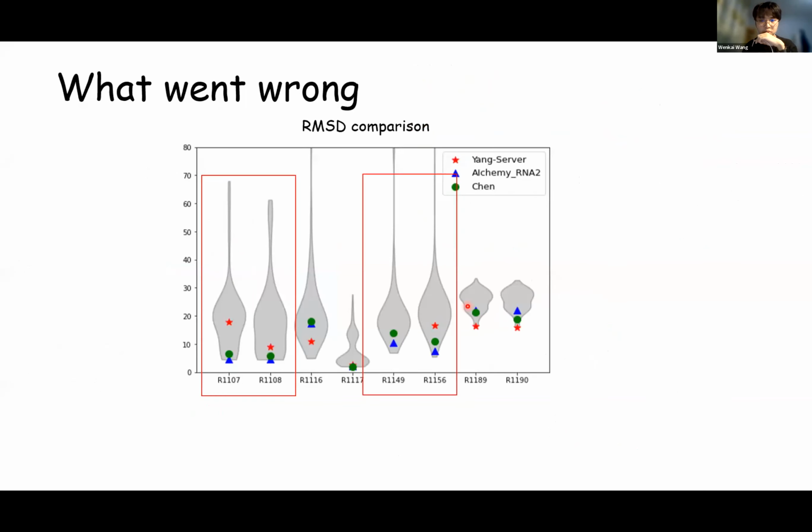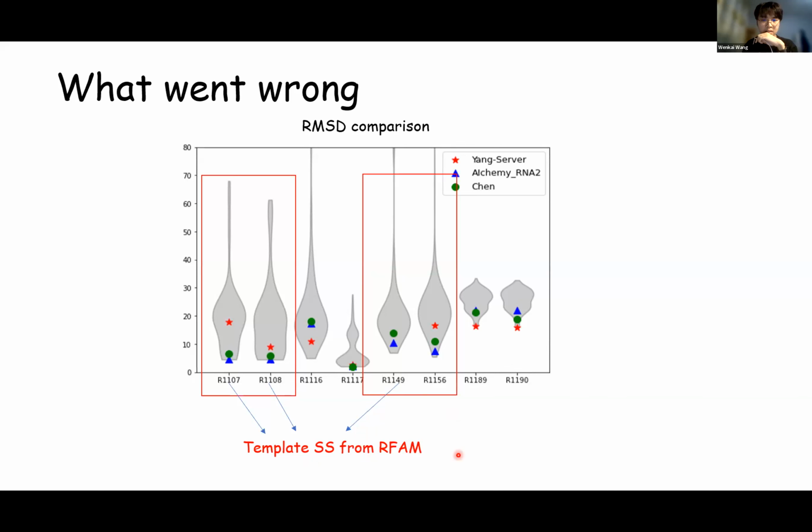There are 4 natural RNAs for which our server models are worse than the RNA2 models. We found that for 3 out of these 4 targets, the performance gap is mainly caused by the input secondary structure. As mentioned before, all our server models were generated using the secondary structure predicted by SPOT-RNA. However, after the computation, we found that for these 3 targets, the template secondary structure can be easily detected from